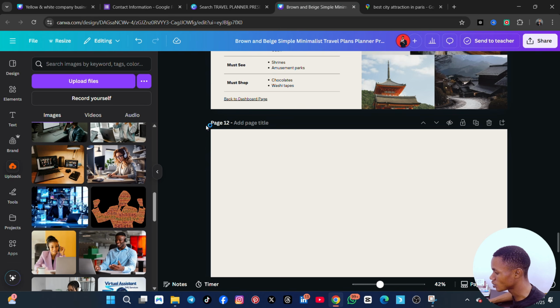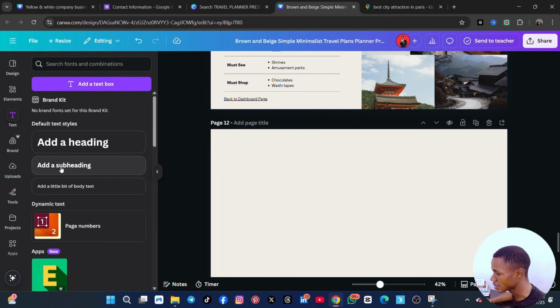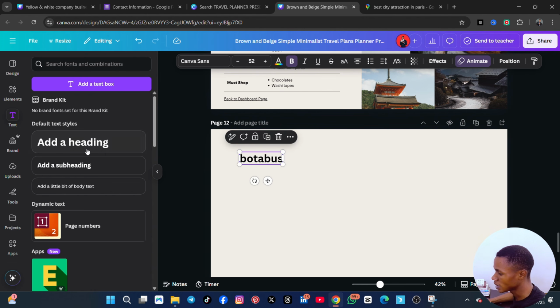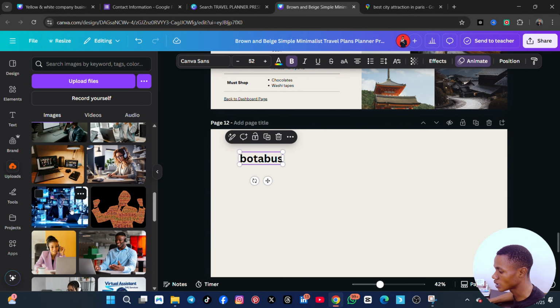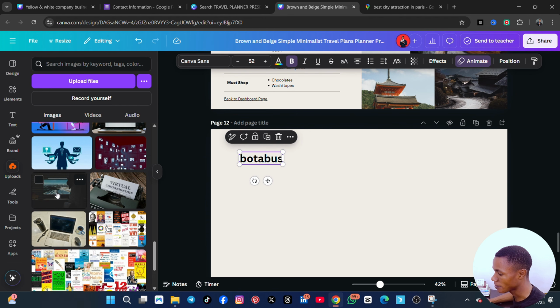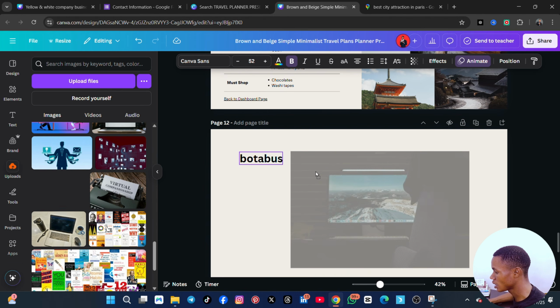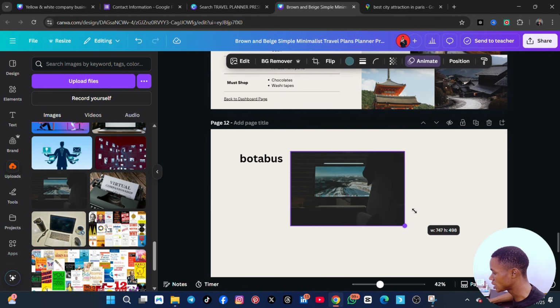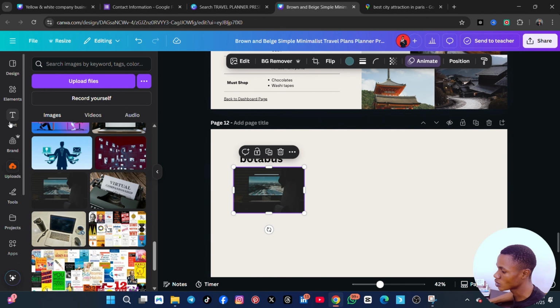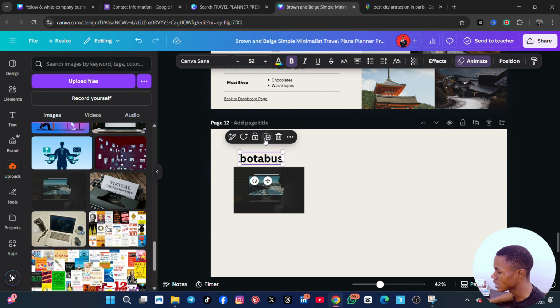The next thing is to bring a text box, and you put Eiffel Tower, for example, here. Then the picture you downloaded from there, you bring the picture here, reduce it like this, and then keep it here. Then of course you are going to duplicate this, and then put